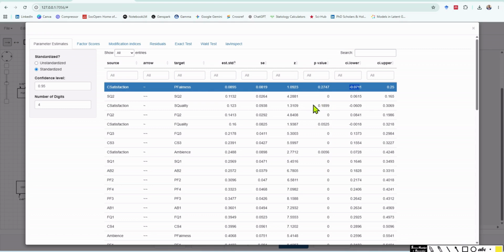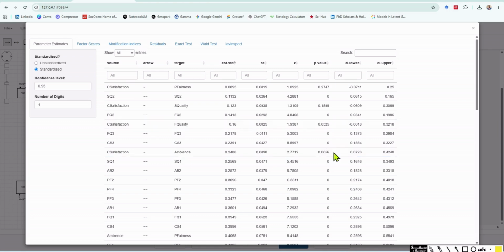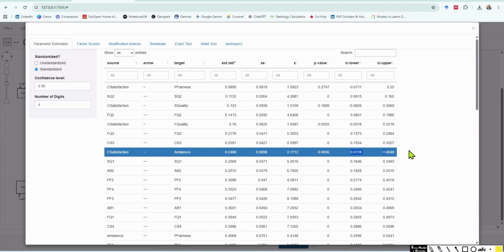Then service quality, again insignificant. Food quality to customer satisfaction is on the borderline, you see 0.0525. But if we look at the bootstrap result, which is more reliable, we see zero comes in between. That means it is insignificant. We go with the bootstrap results. Then ambience to customer satisfaction is the only significant one in this case, as the p-value is less than 0.05, as you can also spot by looking at the confidence interval lower and upper limits. There's no zero falling in between. That means it is significant. So that is how you assess the structural model relationships